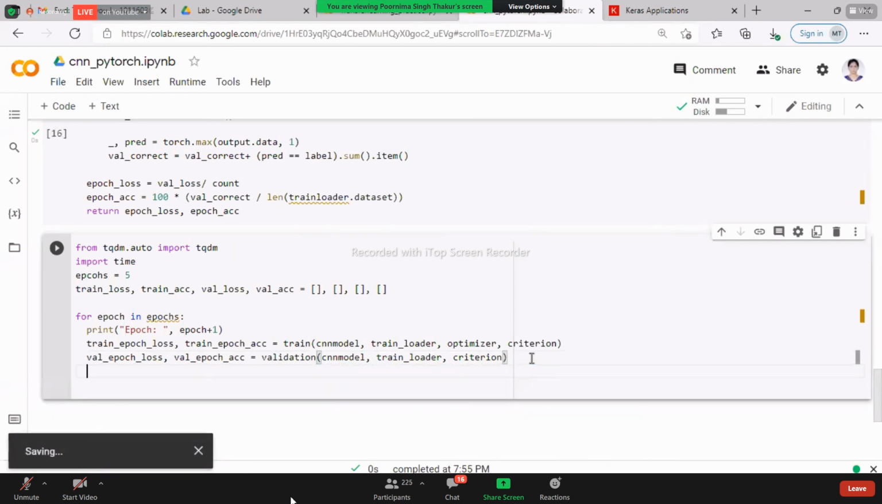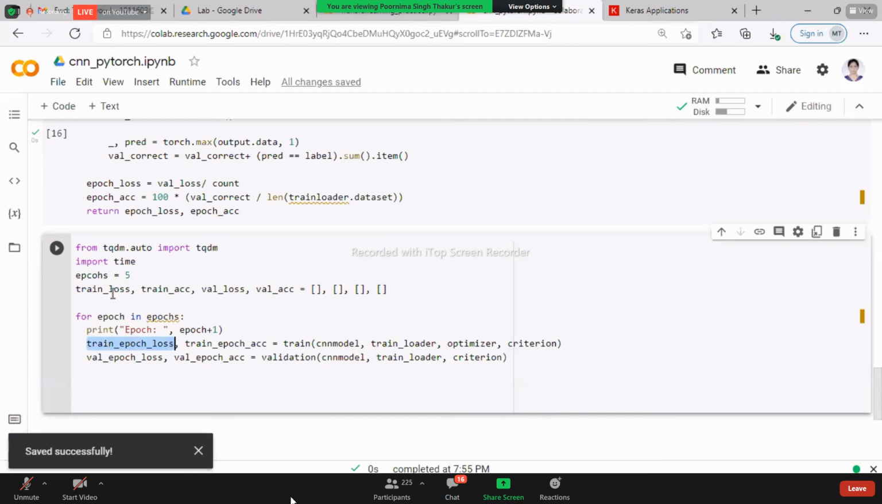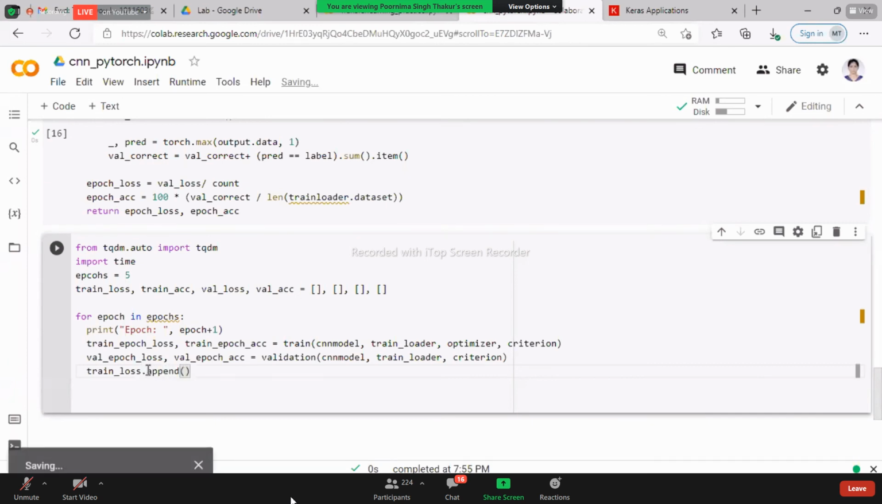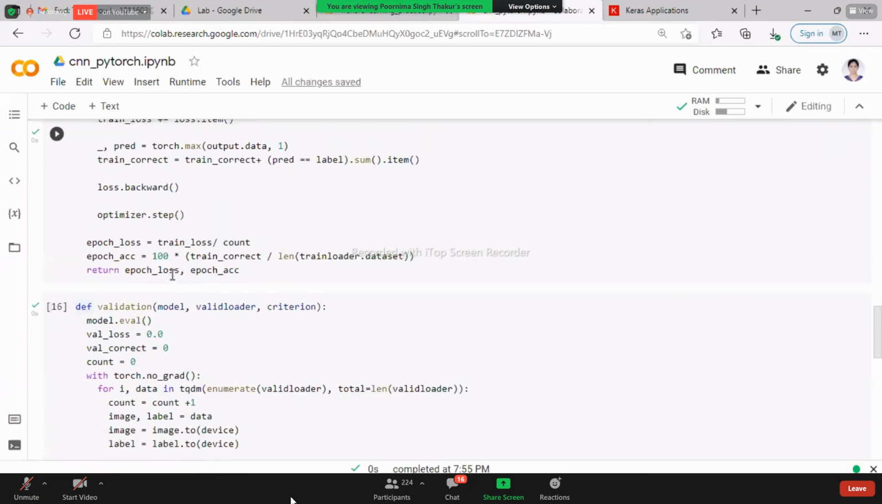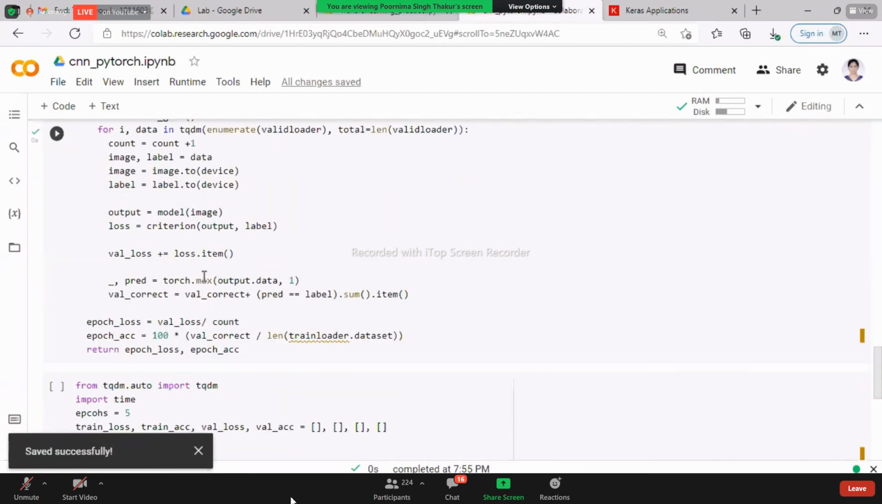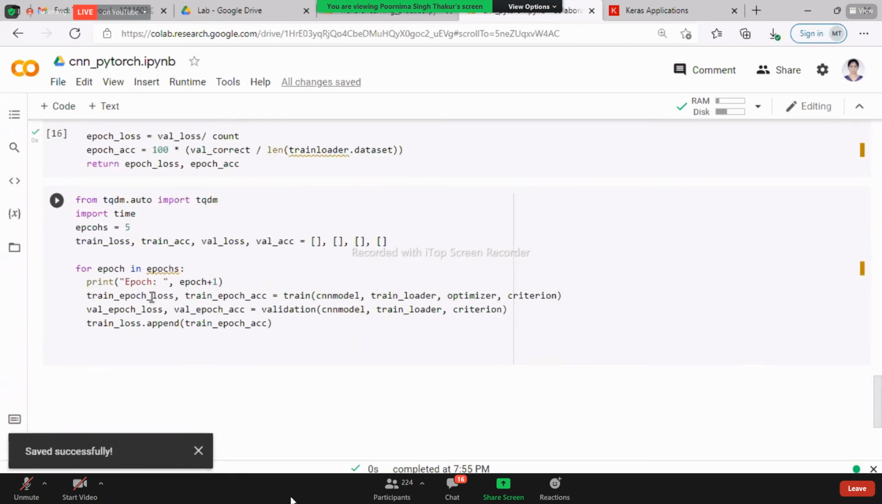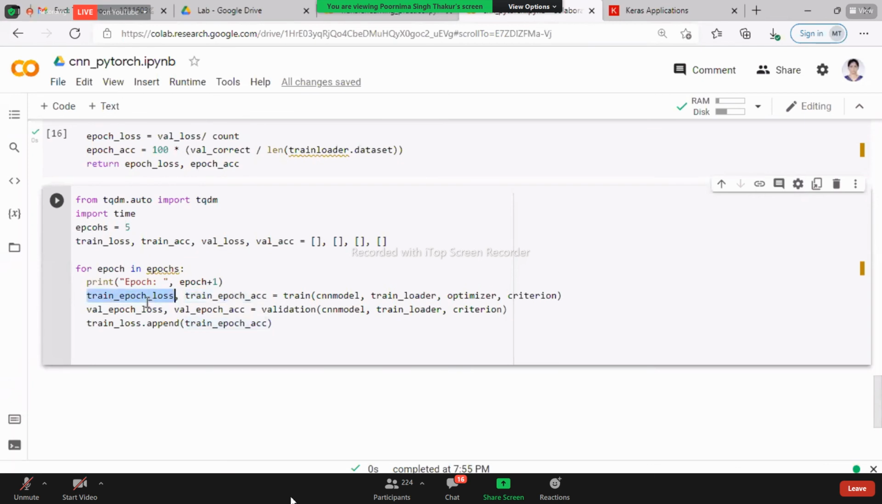Then we have to add these losses in this so that we can further plot the graph. So train loss, it is a list, so we can append the data in it. In train loss, we can have train epoch loss. As we are returning loss first, then accuracy, it will give us loss first, then accuracy. So in train loss, we have to append the loss,